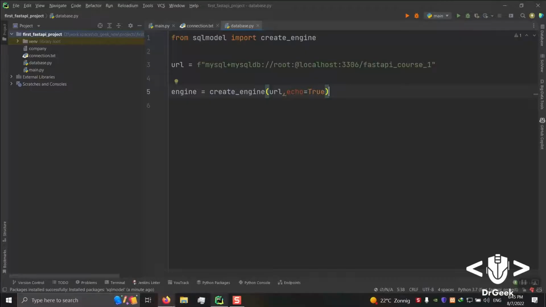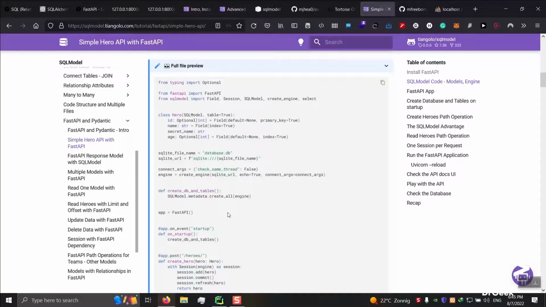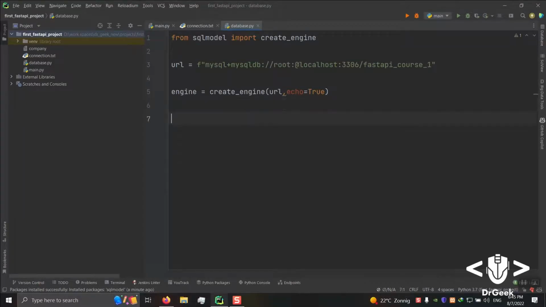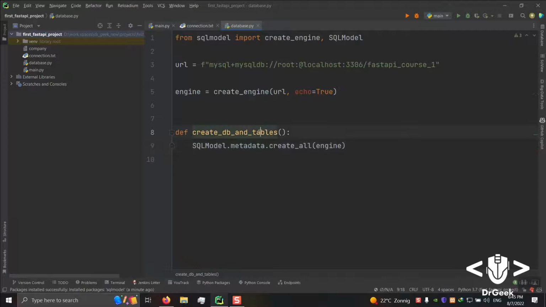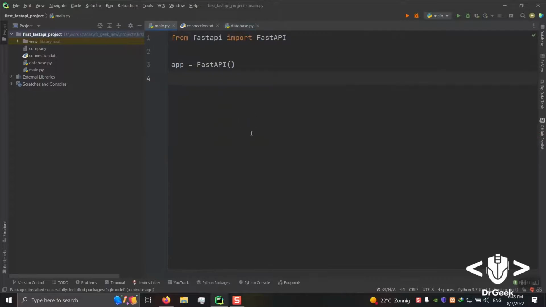Okay, that's super simple. And I need to create all our SQLModel tables here, which I'm going to add as a function, and I'm probably going to use this function on a startup event in the main.